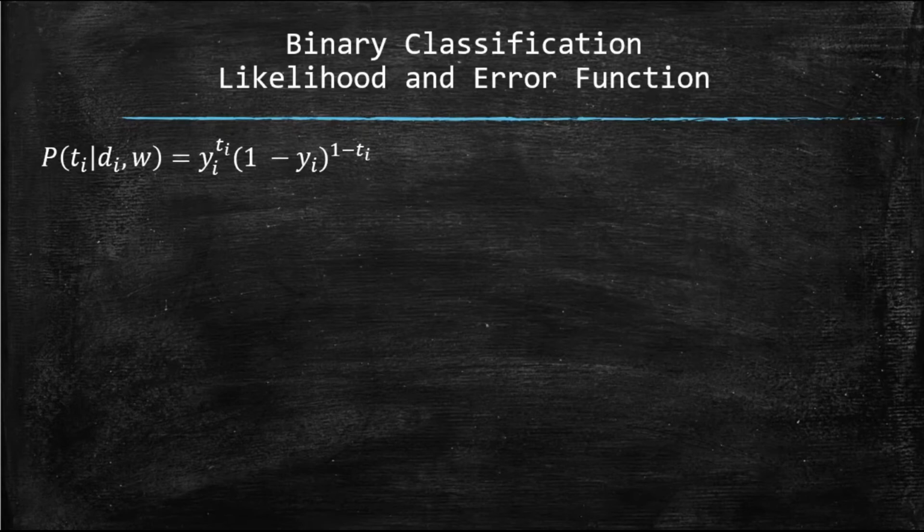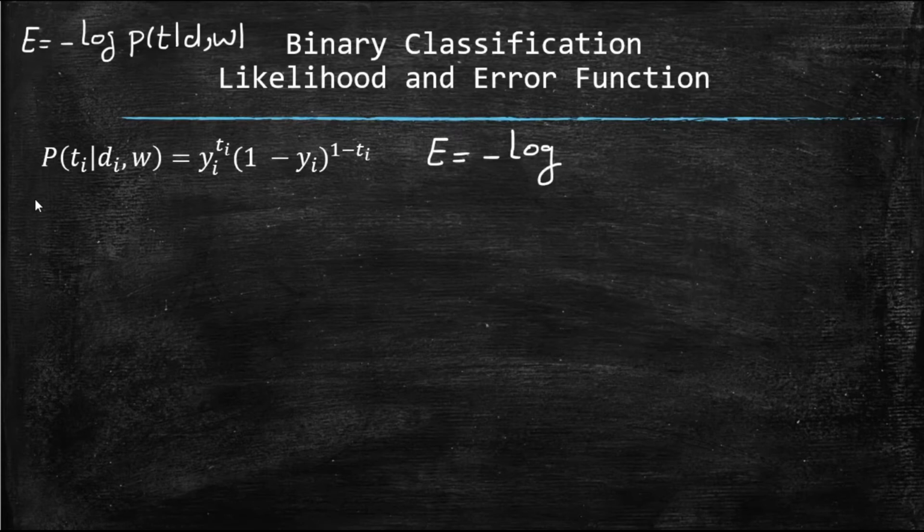Now, if we're using maximum likelihood estimation, we know that the error equals minus the log of your likelihood, t given d and w, right? And again, very similar to what we saw in regression. Again, the error is minus the log